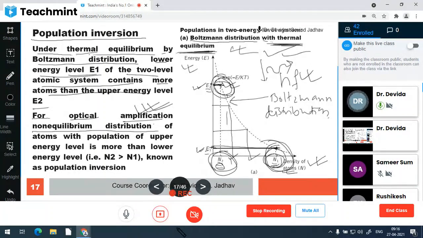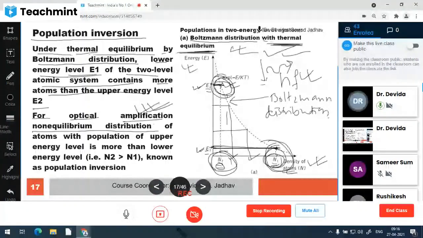Okay. म्हणजे ही कंडिशन उलटी असायला पाहिजे, अपोजिट असायला पाहिजे. Higher energy state atoms must be larger in number and lower energy state atoms must be smaller in number. This is in equilibrium, non-equilibrium. असे असायला पाहिजे. म्हणजे a large number of atoms in the higher energy state will jump into the lower energy state and emit a large number of photons. And this is the amplification.